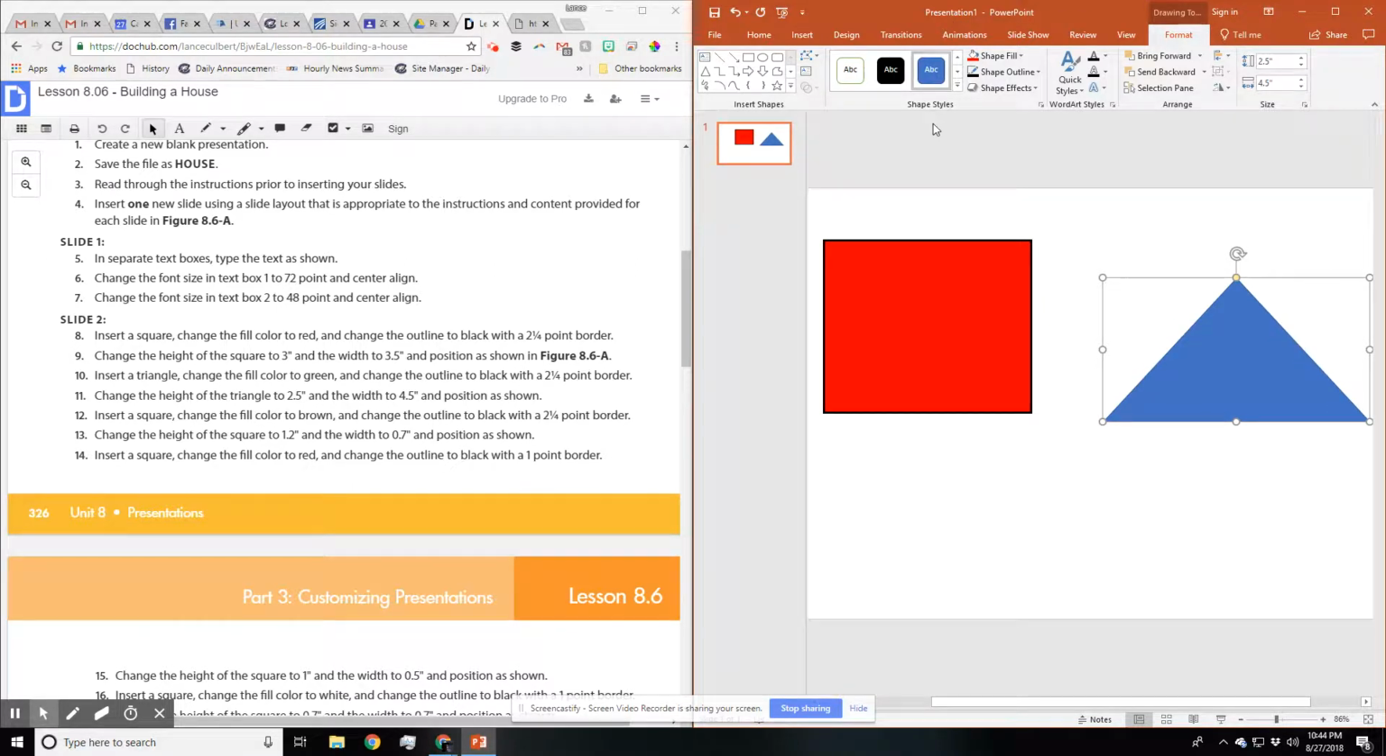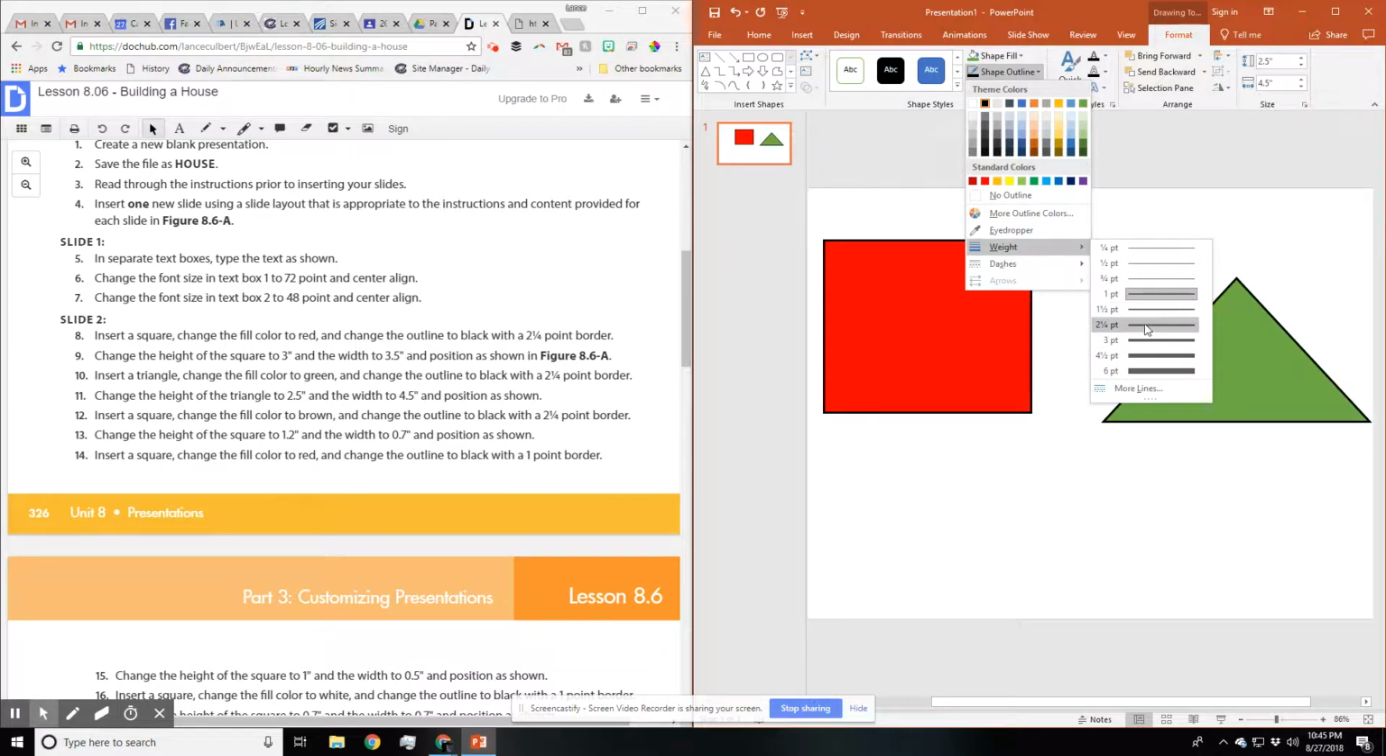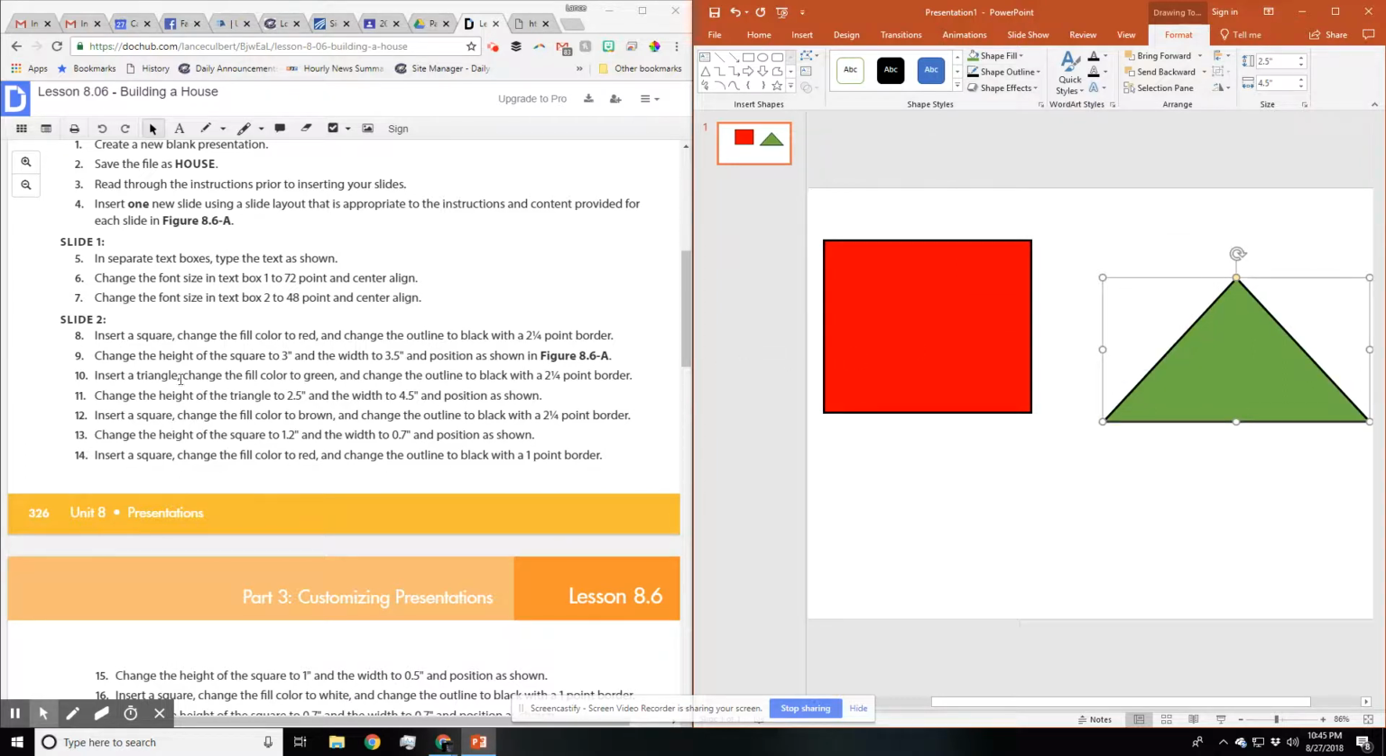We're going to change the fill color to, oh, I'm sorry, I think I have that wrong. The height is actually, no, yeah, 2.5 and 4.5. The shape fill is going to be green, so we'll do that. And the shape outline is going to be black at 2 1/4 points. Okay,